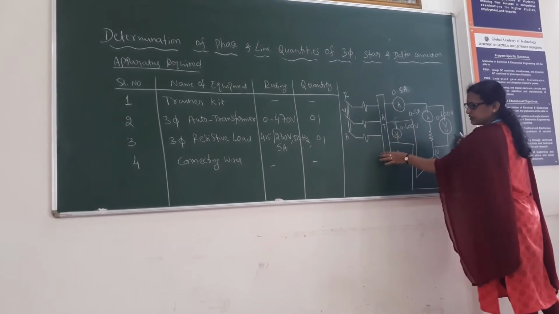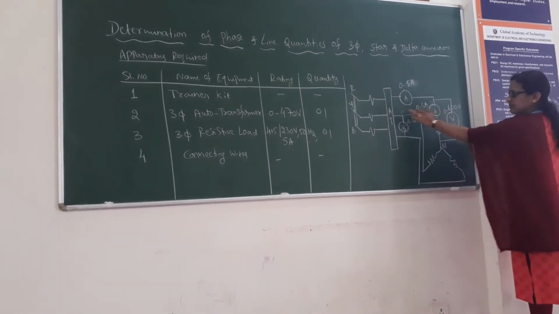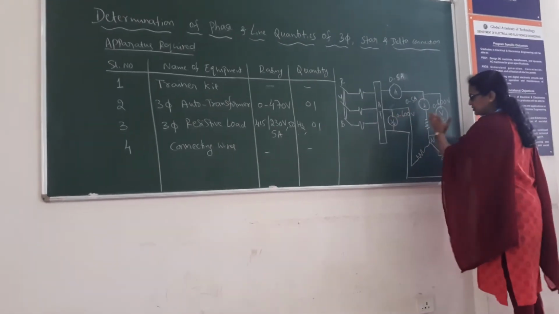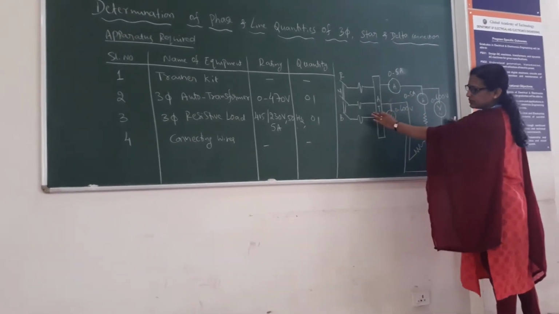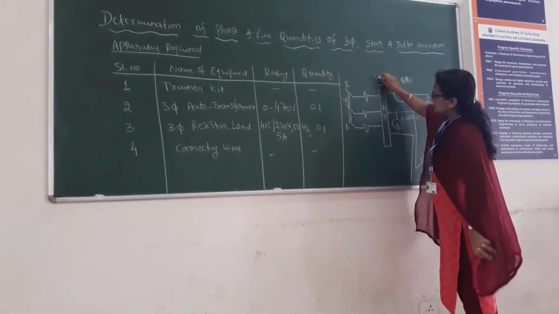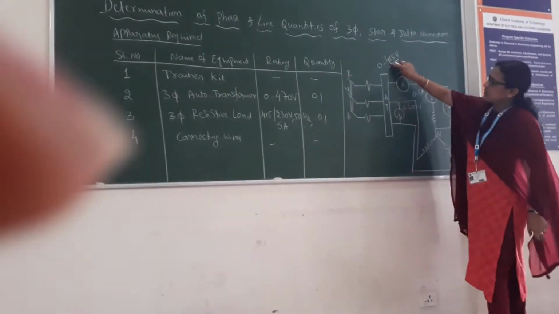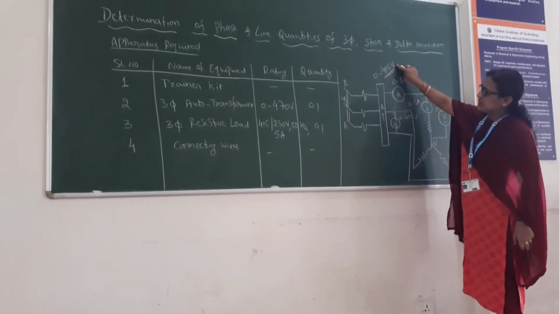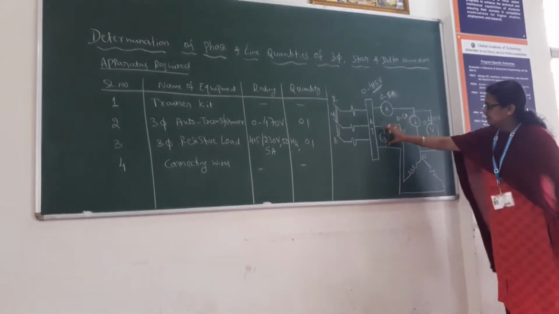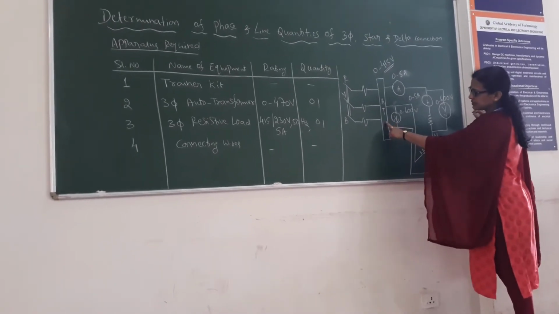Okay. So this is for protective purpose. Suppose you apply 450 volts directly to this load, and if the connection is wrong, then there is damage to the load. That's why we are going to use this autotransformer, so we can vary the voltage from 0 to 450 volts. We know that the line voltage for three phase is 450 volts. You can vary from 0 to 450 volts slowly, and then apply that particular voltage to this load. Okay. So that is the purpose of using this autotransformer.